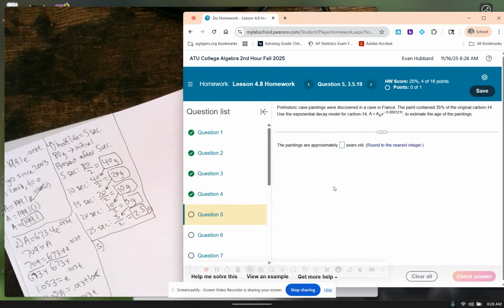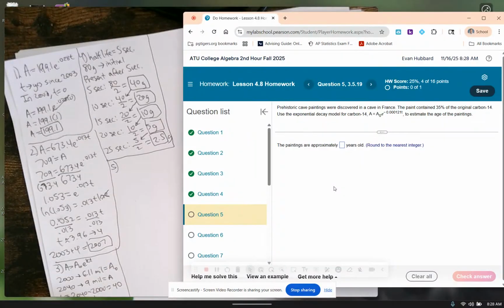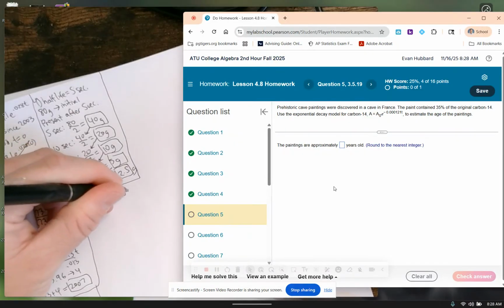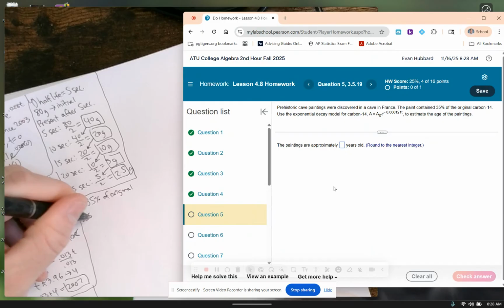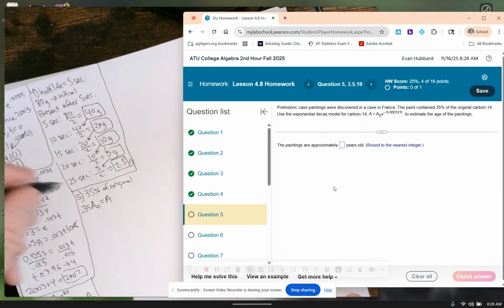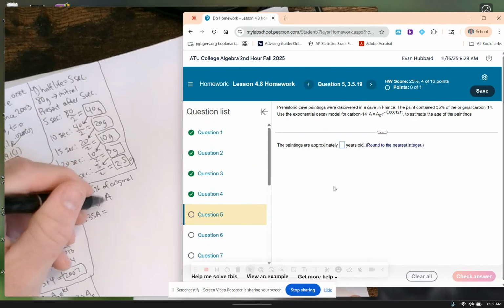So question 5: prehistoric cave paintings were discovered in France. The paint contained 35% of the original carbon-14. Use the exponential decay function to estimate the age of the painting. Okay, so 35% of the original. What that means is 0.35 times A naught is equal to A, so 0.35 A naught equals A naught